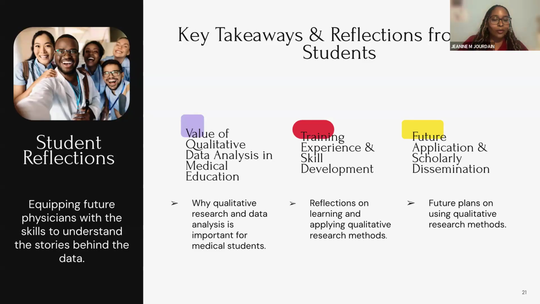So now I'll talk about reflections on learning and applying qualitative research methods. This training introduced me to qualitative data analysis in a much deeper and more meaningful way, specifically within the context of Photovoice methodology. We learned how to recognize patterns in stories and how to approach participants' experiences with empathy and intentionality. It reinforced the importance of community voices and how research can be used not only to collect information, but also to empower demographics that have been overlooked.